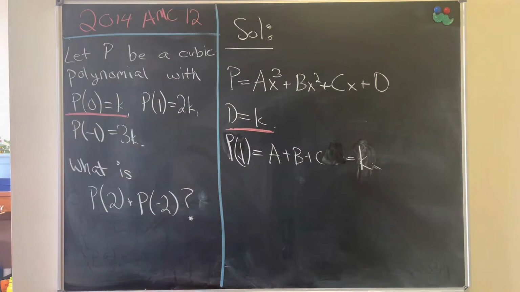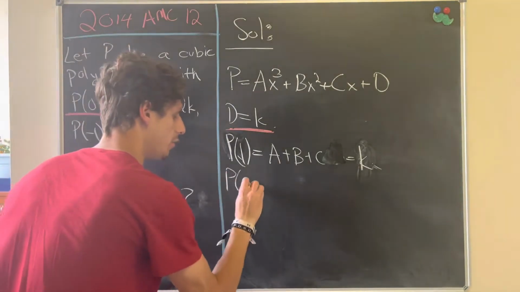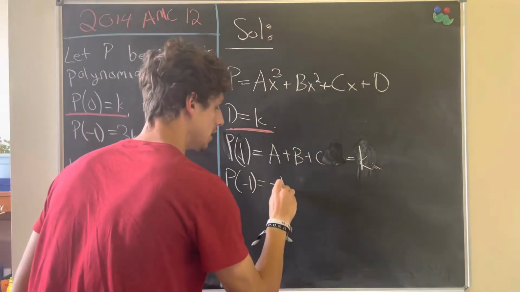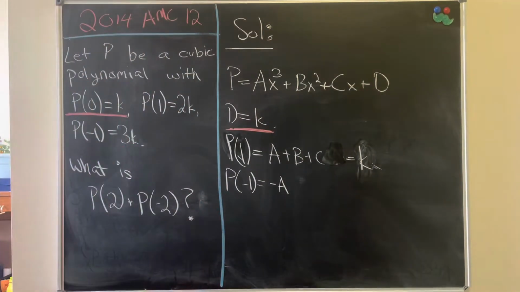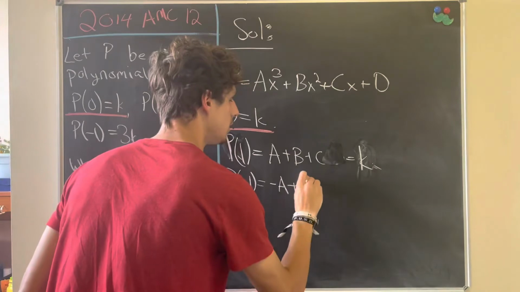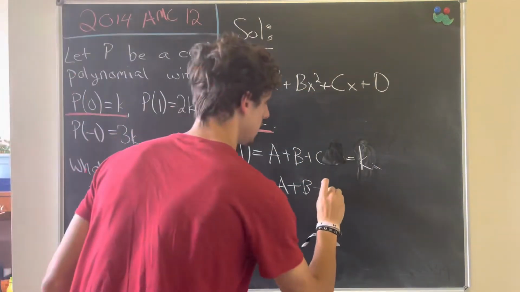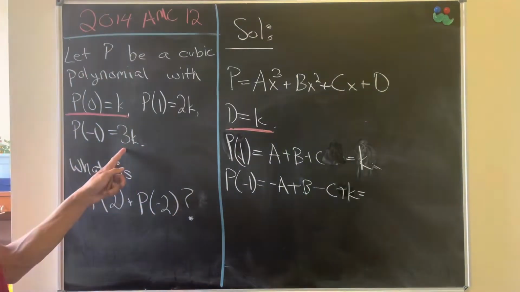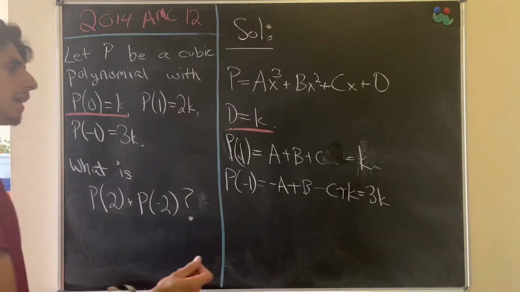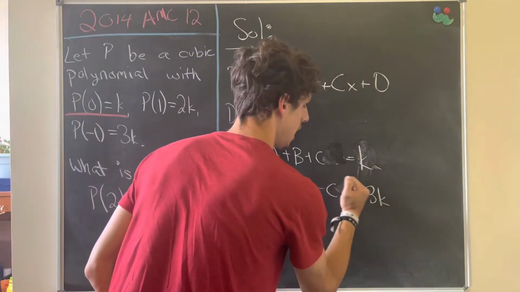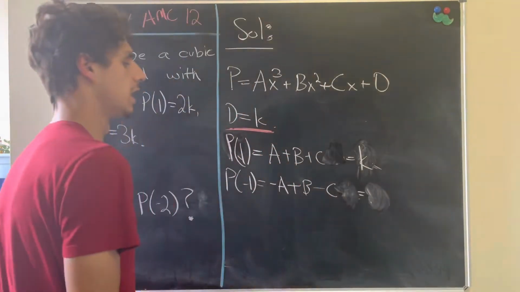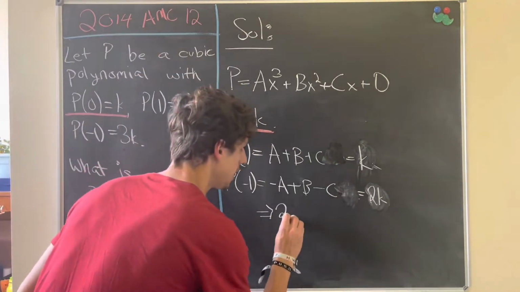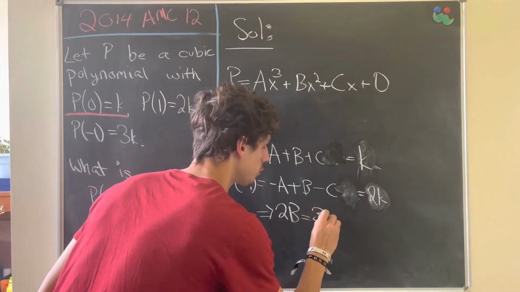Now let's plug in negative 1 and see what we get. So if we plug in negative 1, this term will be negative a, because negative 1 cubed is negative 1. This term will be positive b. This term will be negative c. And then we add k, and this is all equal to 3k here. And like before, we can subtract k from each side and make this equal to 2k, like so. But now adding these two equations up, we get that 2b is equal to 3k,